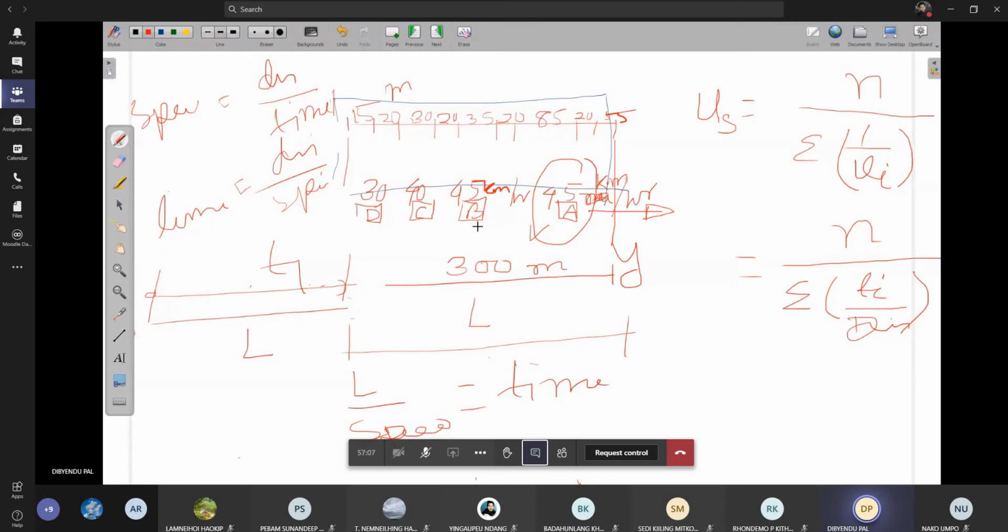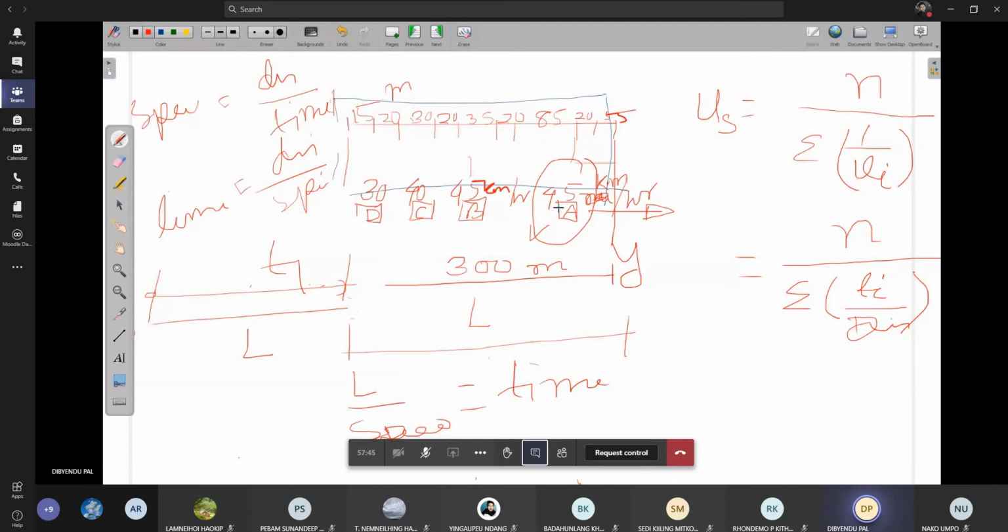Similarly, for vehicle B, if I want to know how much time it has taken to cross this section, it is the distance between XY divided by its speed. For C, the distance between XY divided by the speed of vehicle C. Similarly, the distance between XY divided by the speed of vehicle D. This way also I can find the time taken by the vehicle to cross this section. Here this 1 upon speed indicates time divided by distance. So now for all these 4 vehicles, how much distance have they crossed? For us the known distance is this distance, otherwise I would also have to find how much distance is left here.